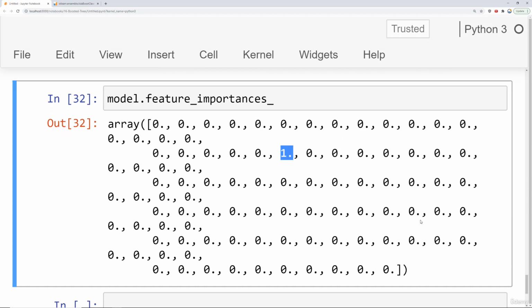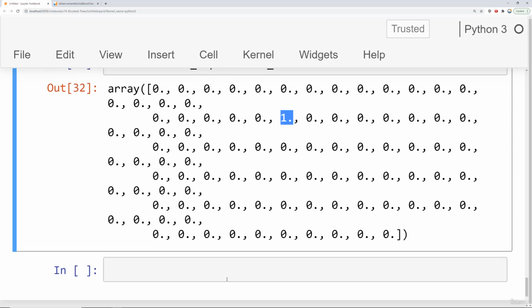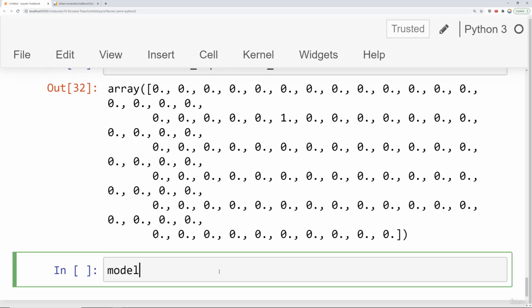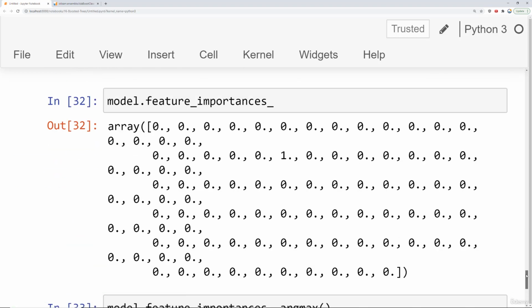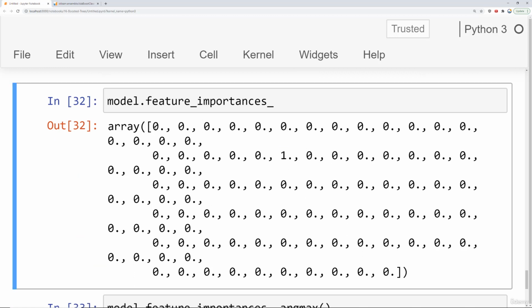Our model is technically just a single stump, which means it's going to say one feature is 100% important to the model's capability to predict, because there's just a single feature being split on. So how do we actually figure out what feature that is? To do that, I can simply figure out the index. So I can say model.feature_importances_, ask for argmax, and that's going to report back the index where that 1 is, since 1 is the maximum value inside of